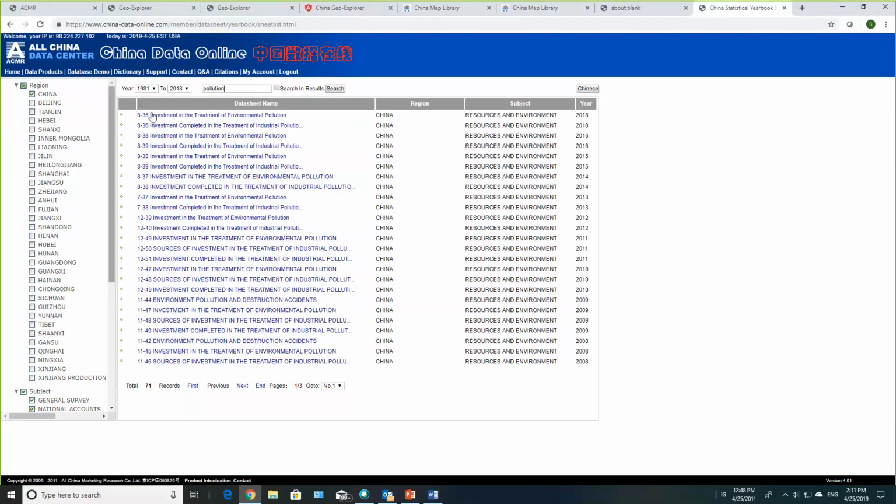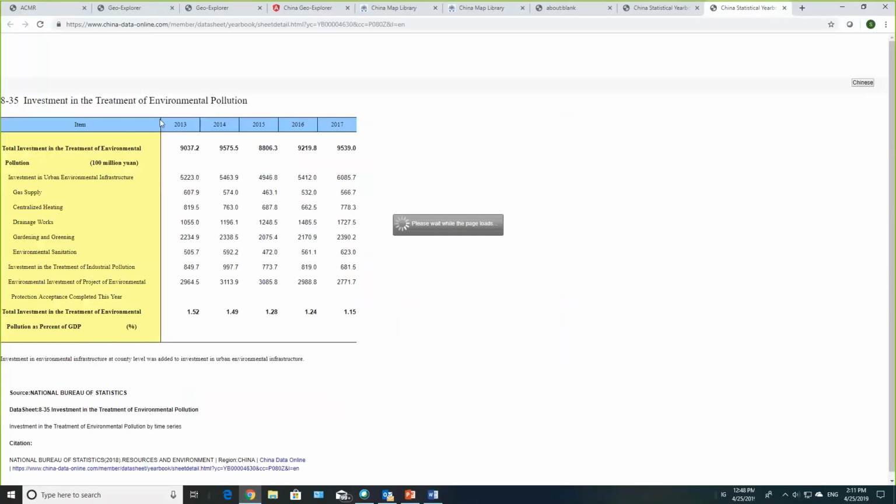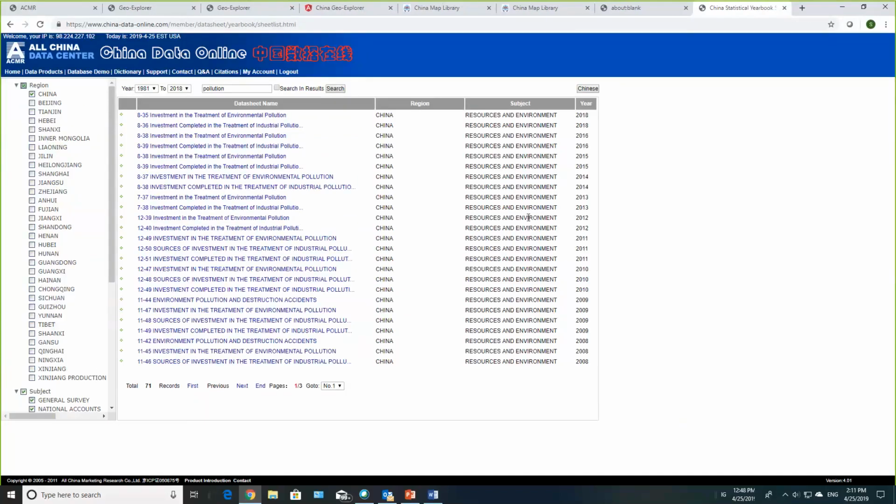And these tables are, for example, investment in the treatment of environmental pollution. So there are all the different kinds, such as air pollution, water pollution, or solid pollution, by national level, by province level, by different regional levels. So that's in the regional tables. That is one big data source. Another one is from the